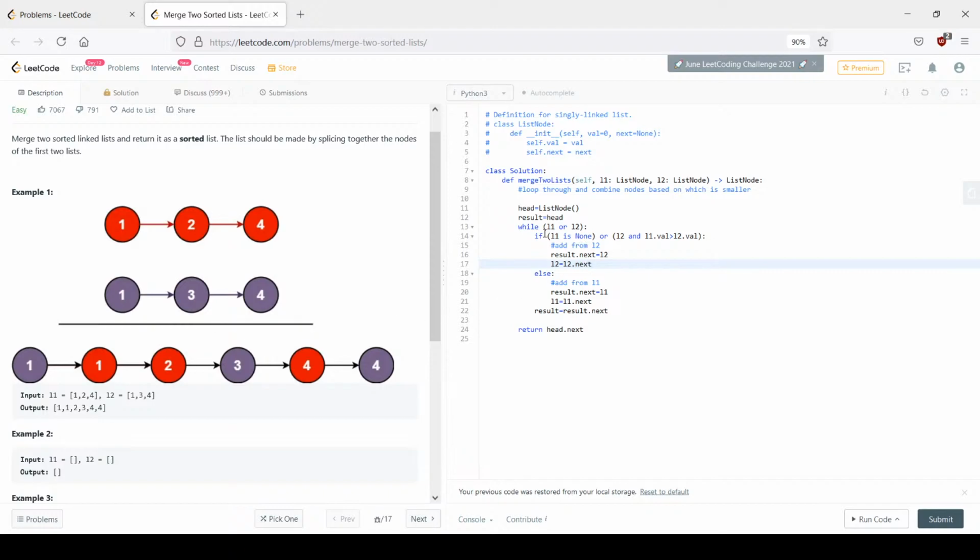Now, if those other two scenarios are met, which means that the first list is not empty, and the second list is either, hold on. So for the second list, if the second list is not empty and the first list value is greater than the second list value, we want to take from the second list. So it falls to the else if the first list is either empty, so you have nothing